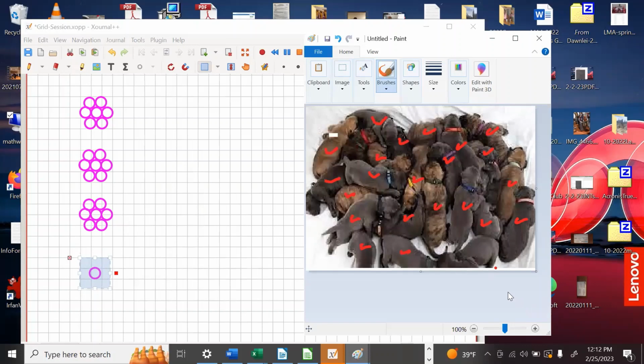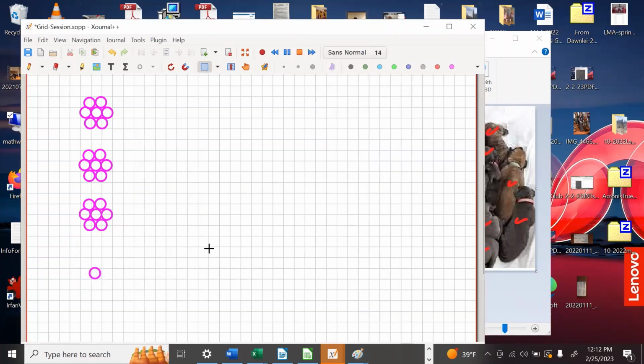Did we miss any puppies? Looks like maybe there's a puppy there. And so we could put in another one. So if you see what I've done, oops, nope, Control Z. This particular tabulation was exactly like doing the tally marks in groups of 5, but now I'm doing them in